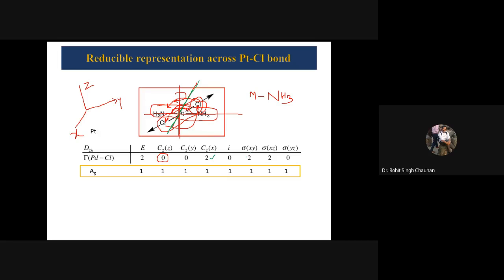Sigma xy, xz, see where is the x axis? The x axis is basically perpendicular to the yz. So of course anything which is going to lie along the x is going to remain unshifted. But if you are going to portray yz, means the whole plane, the whole molecule containing plane, that is not going to remain the same. So in that case it is 0. But these two are basically 2, because these both the bonds are going to be unshifted, that PdCl bond.